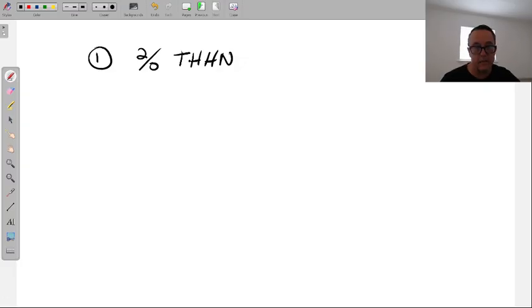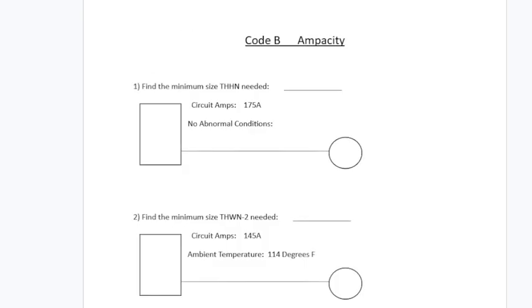Again, it happens to be the same wire, but if I'm given the insulation that they want me to select from, then we go to that column where that insulation lives. If I'm not being given the insulation, then I use the rule in 110.14.